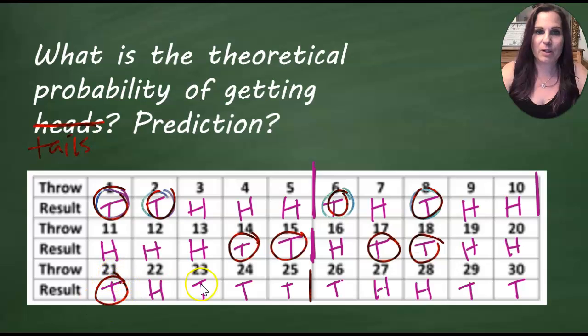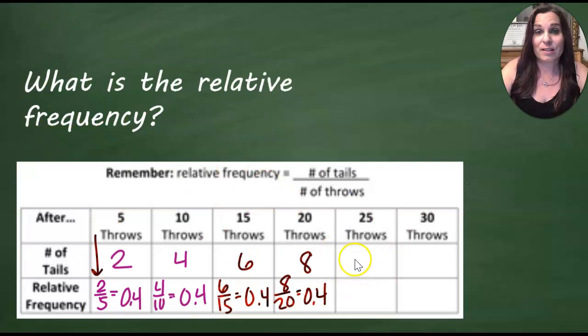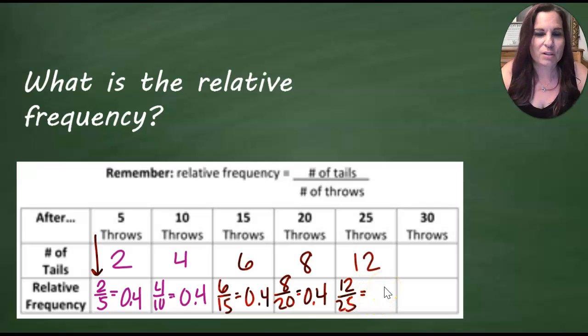So now I have 1, 2, 3, 4 more tails that I'm going to add on. So that's going to give me 12 out of 25. So 12 out of 25, that would be what out of 100? Think about that. 48 out of 100, multiplied by 4 on the top and bottom. So that would be 48 hundredths. All right. And then finally,